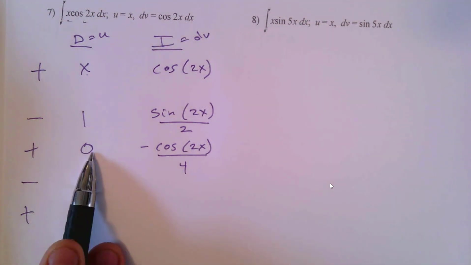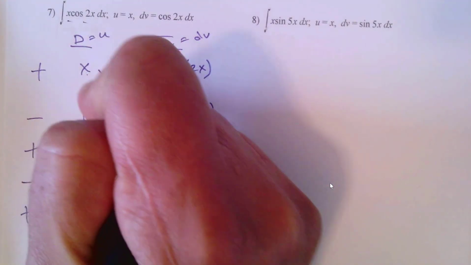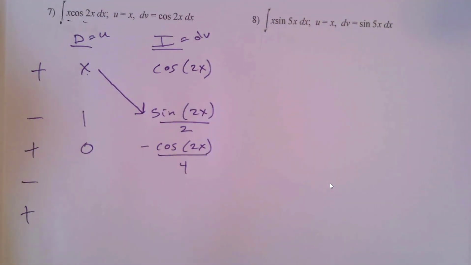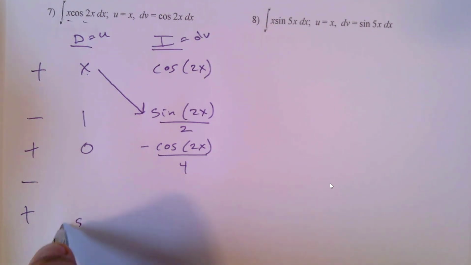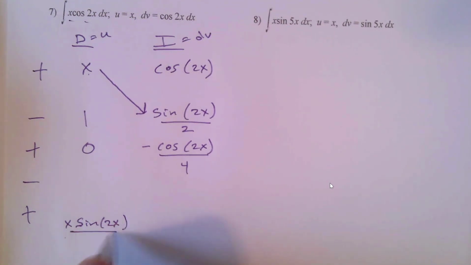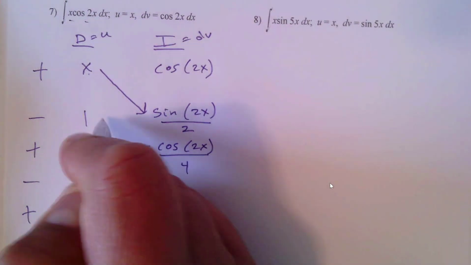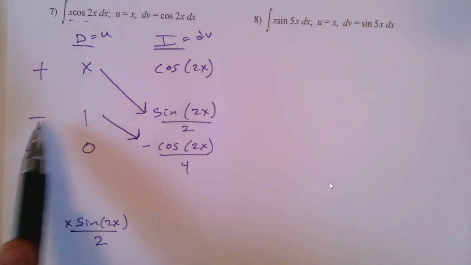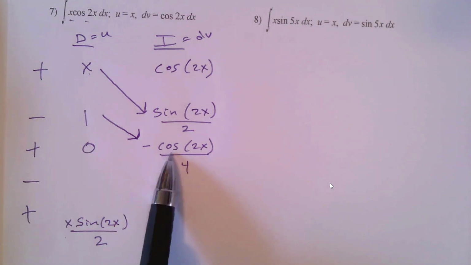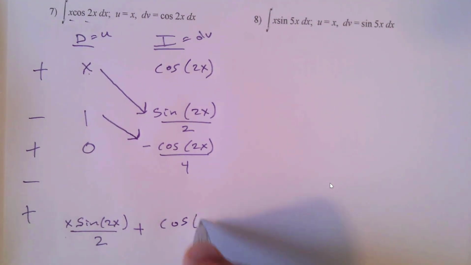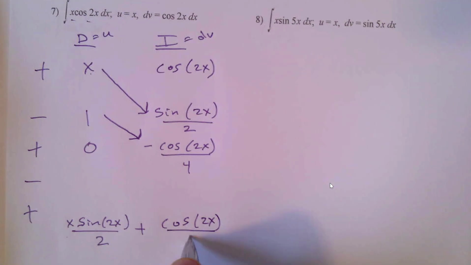Now in this case, since we have a 0 here, we can just get our answer by multiplying along the diagonal. So this is going to be the first term, x times sine of 2x. So we got x sine of 2x over 2. And then this is going to be our second term. But we've got to keep track of the signs. So we've got negative 1 times this negative is going to give us a positive cosine of 2x over 4